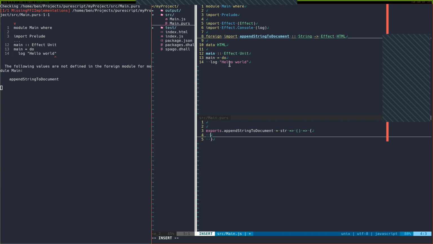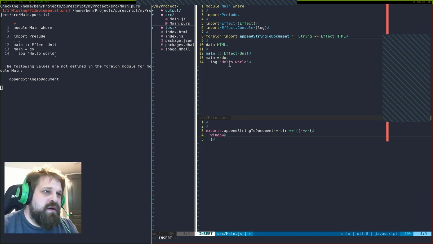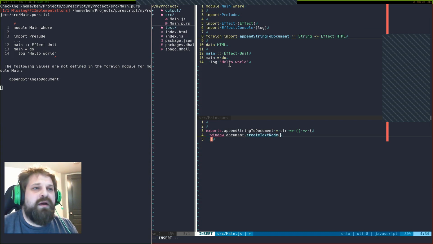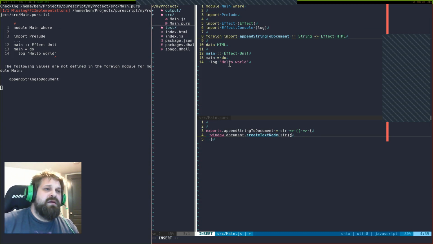So the first part of this is we'll need something from window.document.createTextNode. And if you're wondering where to get resources on this, I really recommend MDN, a really great resource for any browser API.